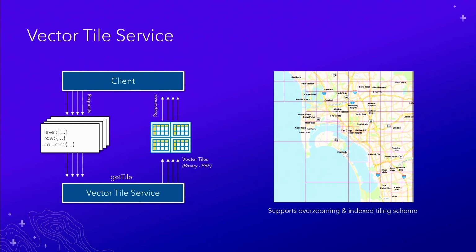And this is what we call an indexed tiling scheme. What that means is that where there's more data, where there's higher fidelity needs for accessing dense data, we actually generate more and more tiles. So you can see we have very big tiles over the ocean where we didn't expect to see any features, and over the densest urban areas of San Diego, we see the smallest tiles. And so we're able to index which areas have the most features and generate tiles at the right